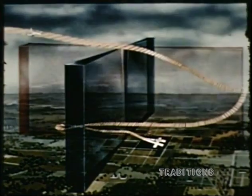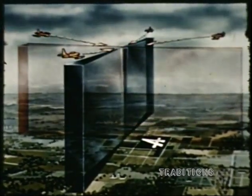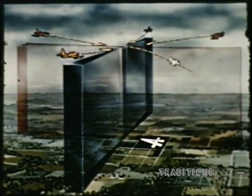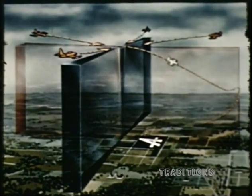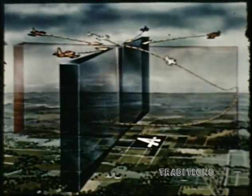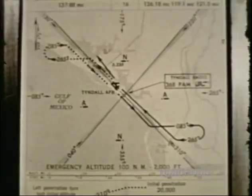You may approach the airfield from any direction and come in on any one of the range legs. The tower will then direct you to use one of the legs for your approach, or as we shall see, may direct you to make your approach in an open quadrant. For your protection,